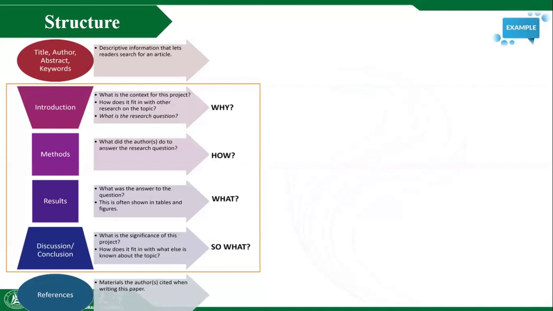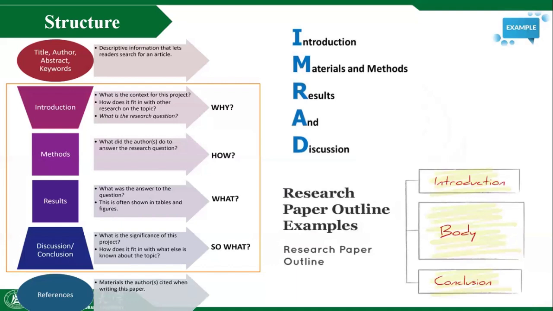And you discuss the previous works and their shortcomings in the introduction part. And the methodology is how to solve this problem. You also write this. And the result, what's the main result of your work, discussion and conclusion. So why your work is important, and finally you put some references. Here the strategy is called IMRAD. This IMRAD is just the structure of popular papers, like we just mentioned: introduction, material, method, result, discussion, and finally